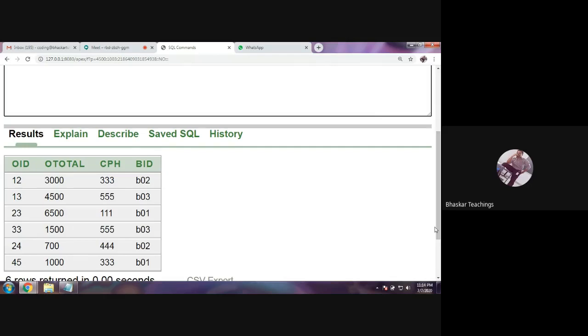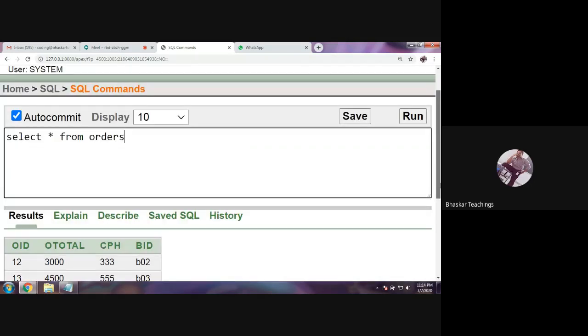Fine. So the query was select CNAME. I wanna display the customer names along with the order total from the order table. So select CNAME comma, I'll use some column name here. From which table?